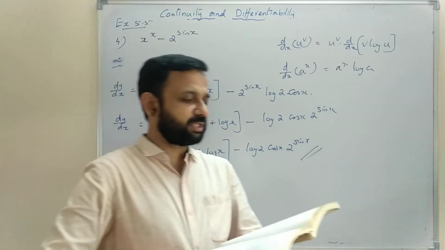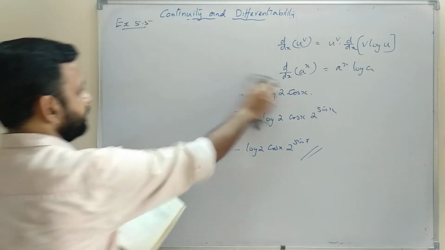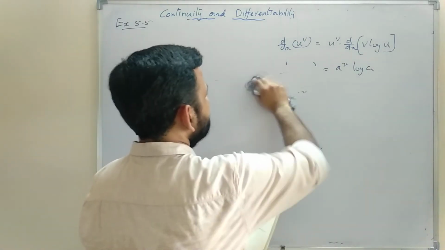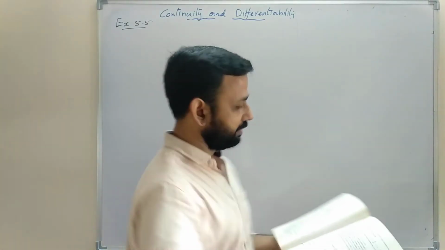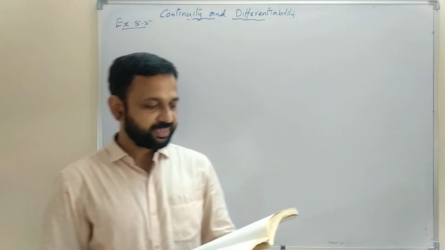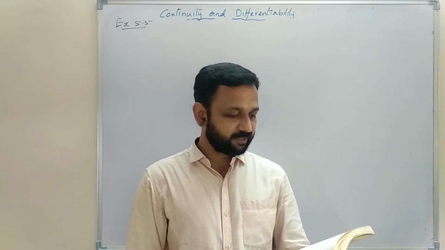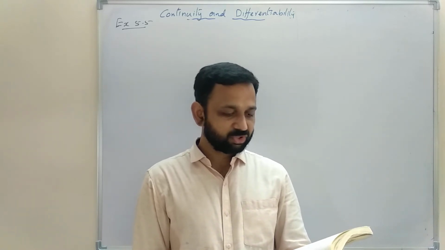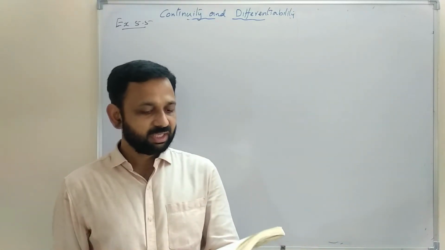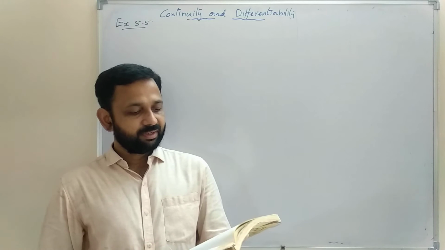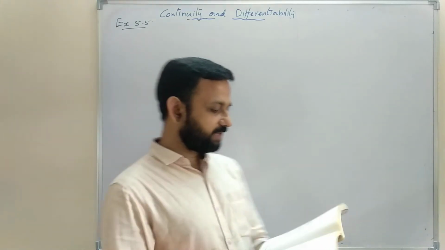Now we have done the fourth question, and in the fifth question we will apply the same rule, the logarithmic differentiation method. We take the logarithm on both sides. Question number 6 is also the same. 7 we can do by the same method. The 8th one is almost the same. All these questions, question numbers 4 to 11, are the same. I will explain one of them, then the rest of the questions you have to do by yourself. I will explain the 11th question.